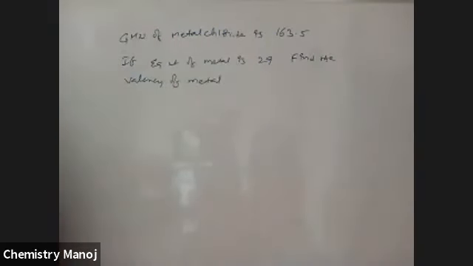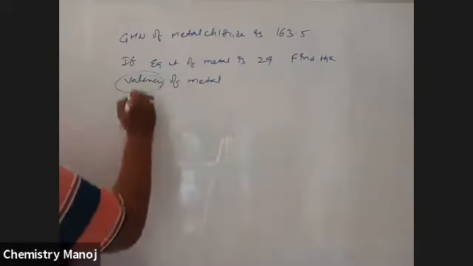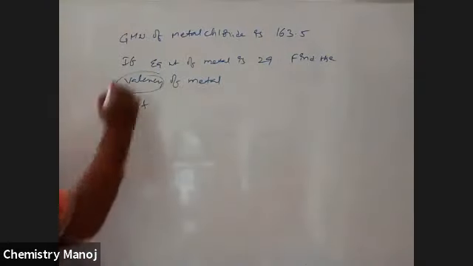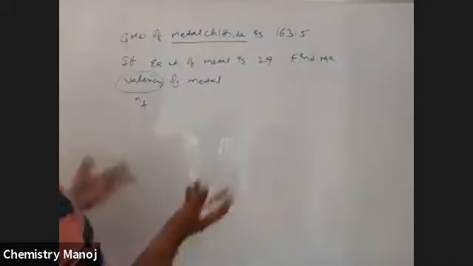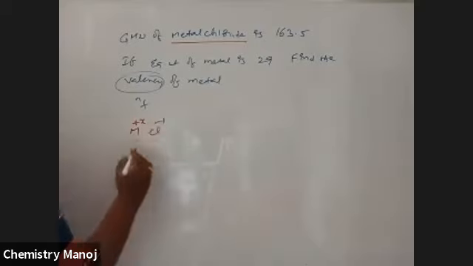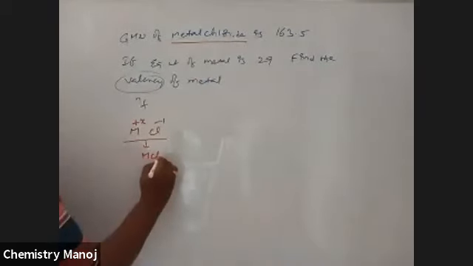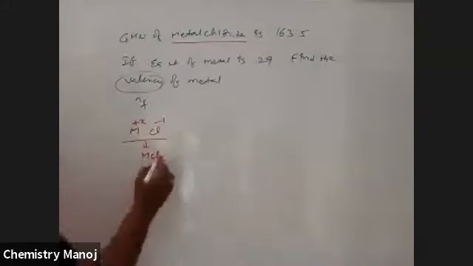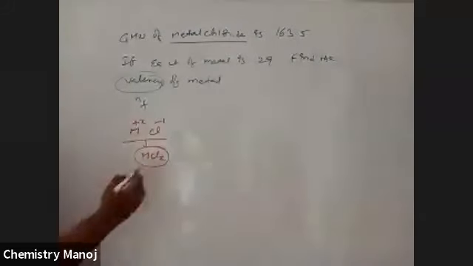So that is the n factor. You want to calculate the n factor. Valency is nothing but the n factor. Gram molecular weight of metal chloride is given. We don't know the oxidation state of that metal. That is why the metal oxidation state is plus X, chlorine oxidation state is minus 1. Therefore, the formula of this compound is MClX. The molecular formula of this compound corresponds to the gram molecular weight, which is given to you.